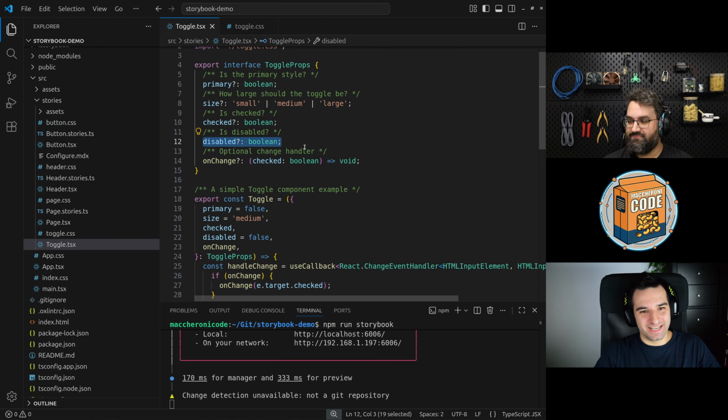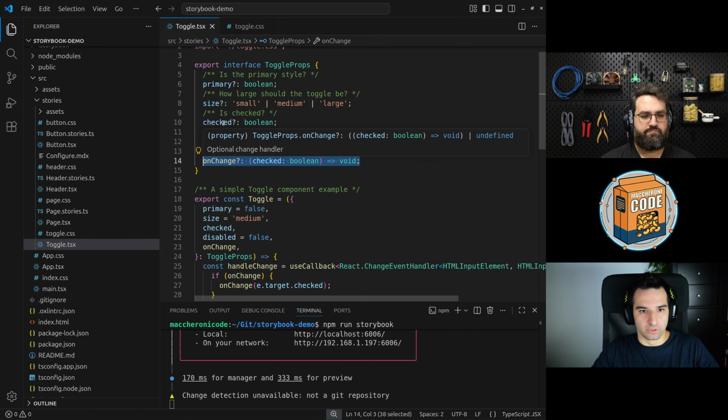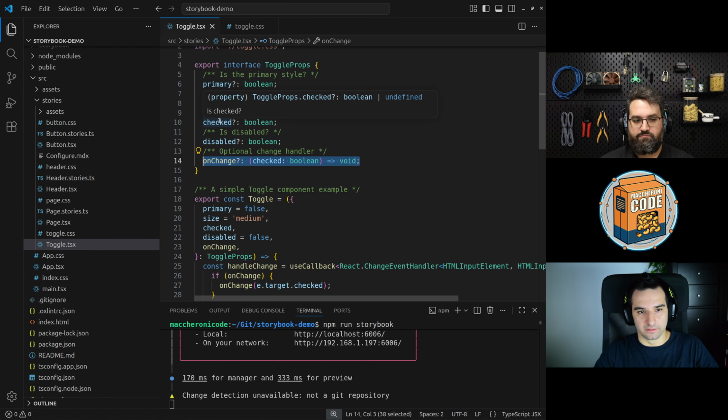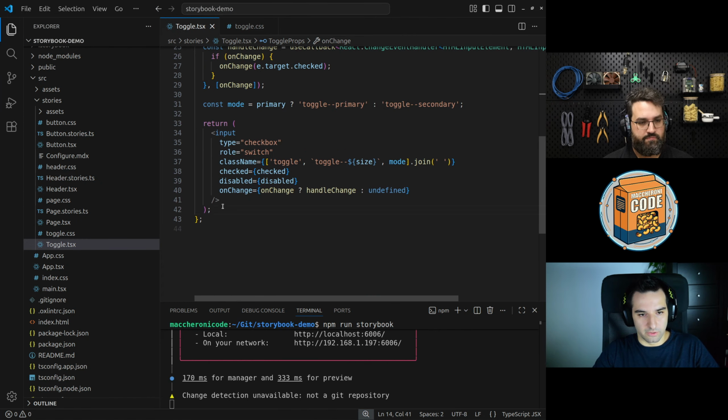Okay, you have a disabled state, something simple, and the onChange that obviously you use to control your data and change the checked state accordingly and do whatever you want to do. So here is the input.